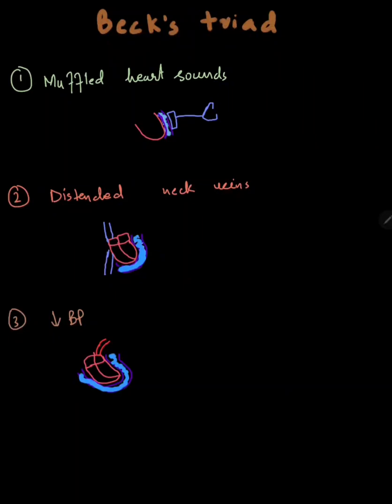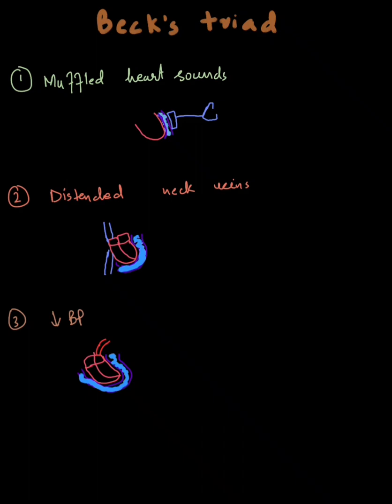Today we will talk about Beck's Triad. Beck's Triad occurs with cardiac tamponade, which is a collection of fluid in the pericardium around the heart, between the two layers of the pericardium, and so it will result in compression of the heart